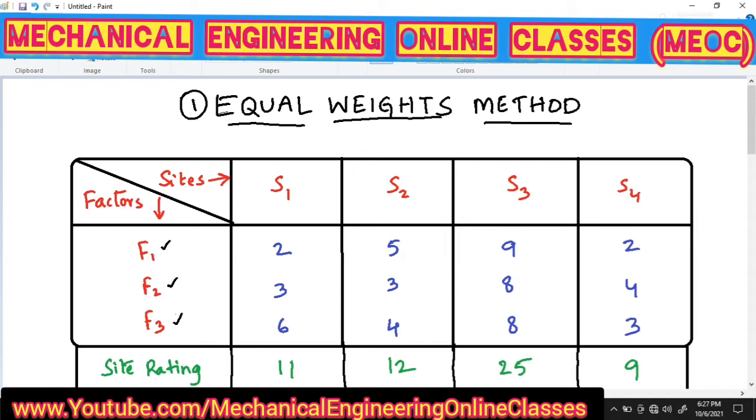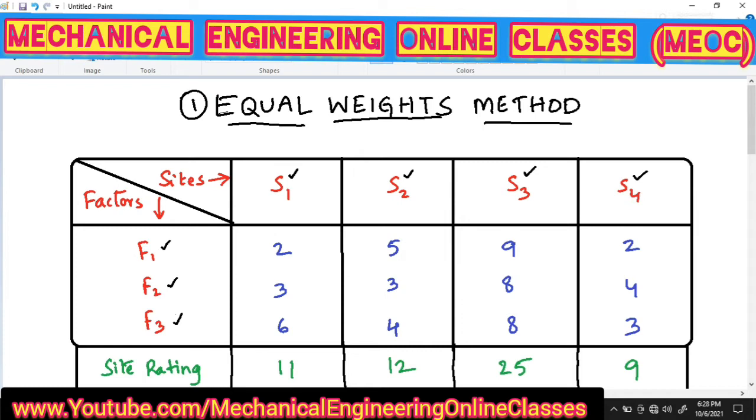So these are factors F1, F2 and F3, and several options for our facility can be: S1 is the first site, S2 is the second site, S3 is the third option for the site, and S4 is another site option, the fourth option. So we have several options, out of which we have to select one.